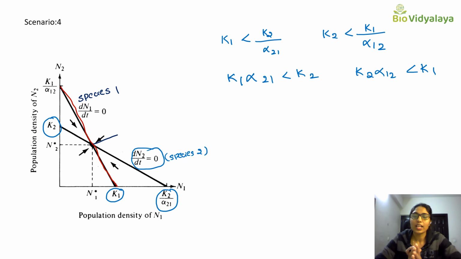So we can say that both the species are weaker in competition. They are showing weaker interspecific competition. So here interspecific competition is lesser than that of